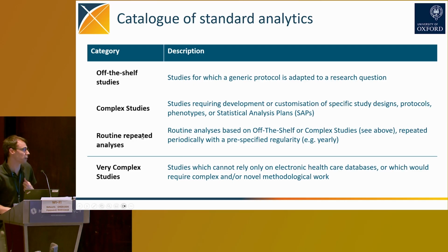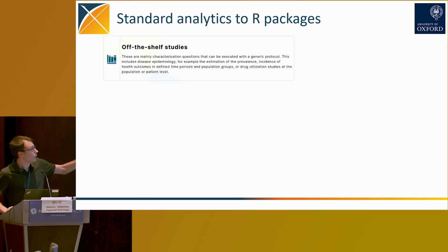And then we have 2 extra types. Routine repeated is basically a repetition of a previous study that we've conducted in previous years. And very complex is requiring usually adding something more apart from the complexity, adding map data of genetics, adding things that have not been done, or mapping extra concepts, more complicated stuff. We are just doing the first 2 very complex studies. So today I'm going to focus on these off-the-shelf studies, and